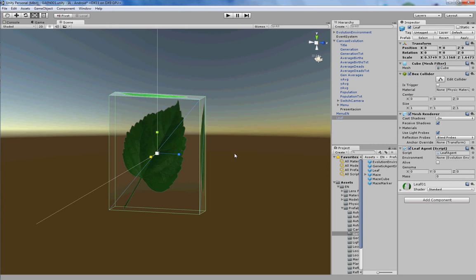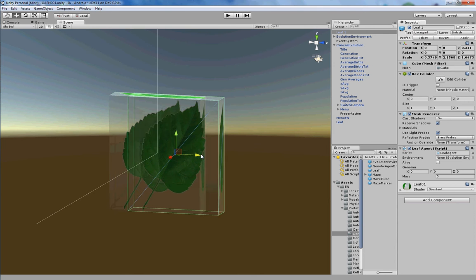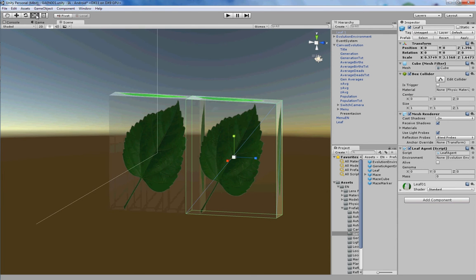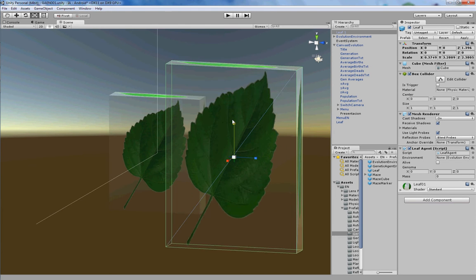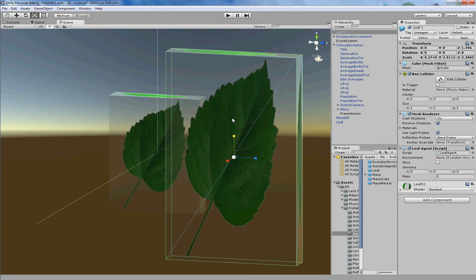When this being duplicates itself, let's duplicate, it produces another being that is slightly different from it. This shape change is due to the random mutation of its genes, the change of its proportions. And there is nothing more. It is always the same process: be born, grow, reproduce, and die.